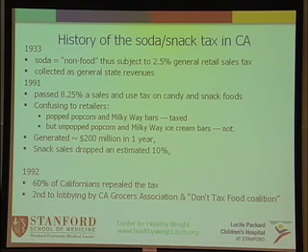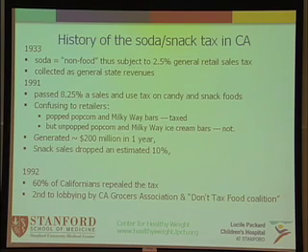In 1991, the people of the state of California passed the 8.25% sales and use tax on candy and snack foods. However, it was really confusing because they gave them a list of thousands of different things, and this is on the list and this is not on the list. And the example here is popped popcorn and Milky Way bars are taxed, but unpopped popcorn and Milky Way ice cream bars are not. So, as a consumer and as a person dealing with it, it was just very difficult. However, it did generate $200 million in its first year. However, snack sales dropped an estimated 10%, which I think is a good thing.